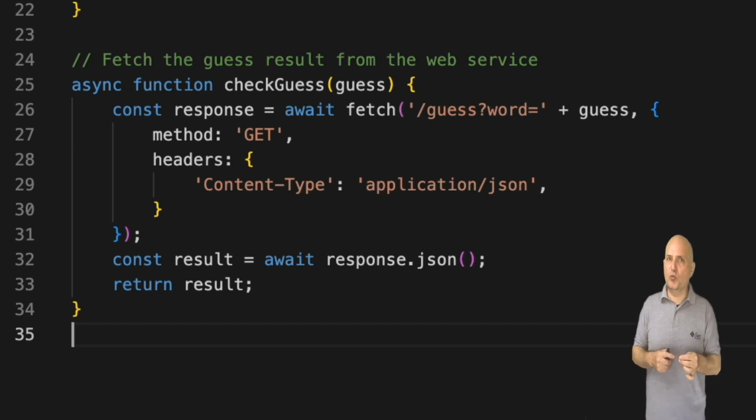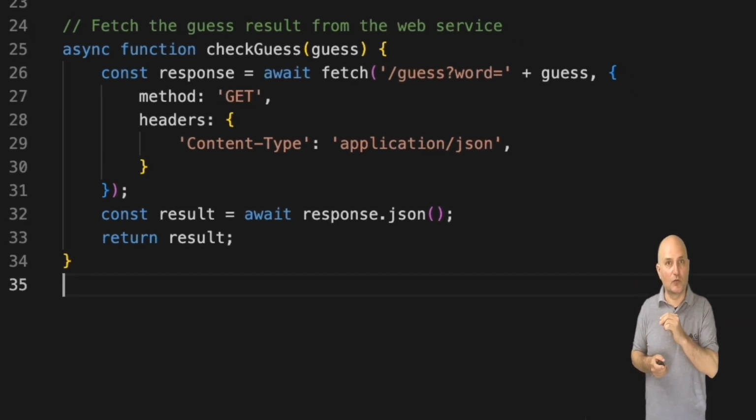We return the result of the guess, which, if you recall, is JSON. JSON itself integrates seamlessly in JavaScript. That means that the JSON appears as an object even though we didn't define a class or the fields of that object. This is both good and bad. The good side is that we don't need to write any code. The bad side is that the IDE can't really help you with code completion, and you don't get compilation errors if you did something wrong.